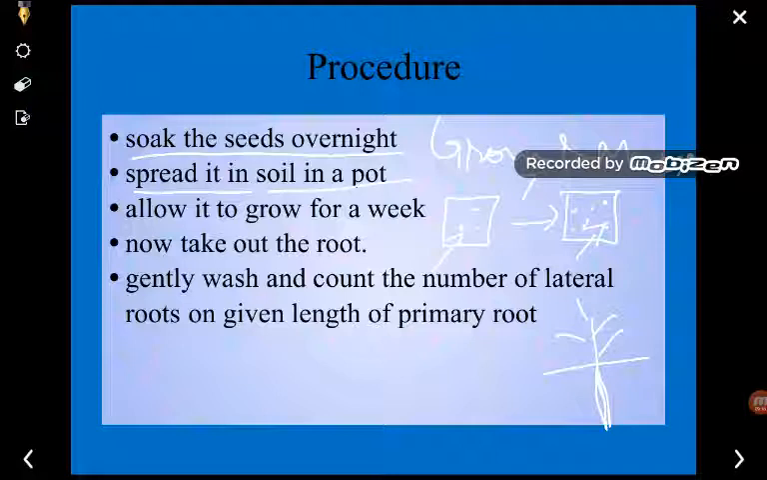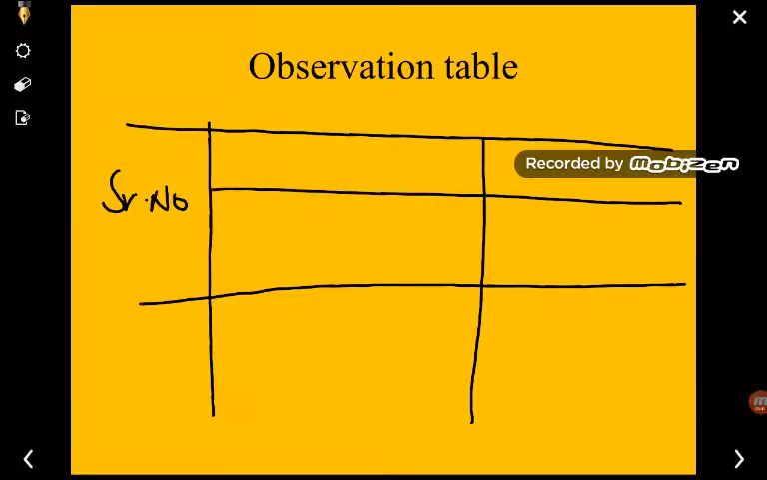So we are going to uproot the plants, and after uprooting we have to wash them gently by means of water. With the help of water, we will wash these roots well, so that the dirt will be removed. And after removing, in this way we are going to plot an observation table, and in this observation table we have to